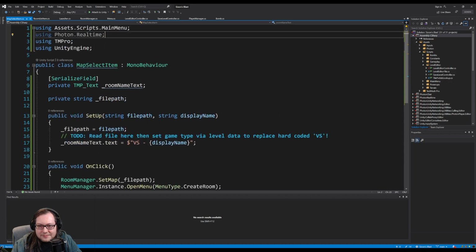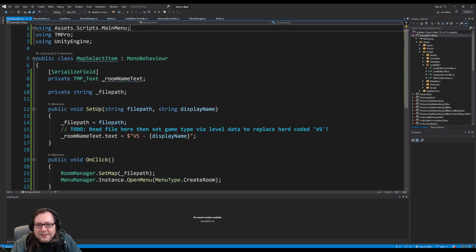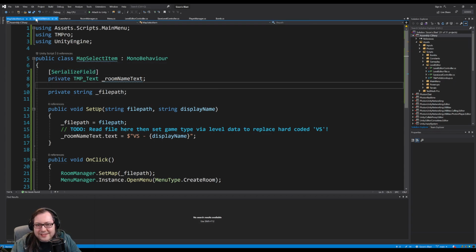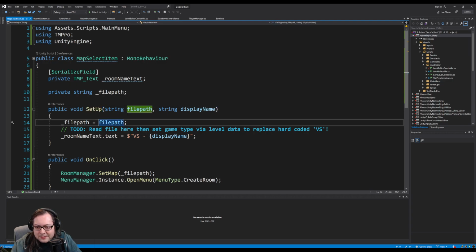Cool. We don't need real-time Photon calls in this because there's nothing network related about this. This is all going to be contained on whatever the host PC is doing. That's actually another thing that would be helpful with reading the file in here,